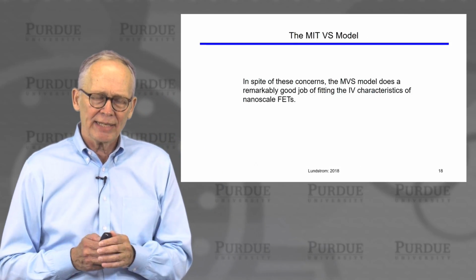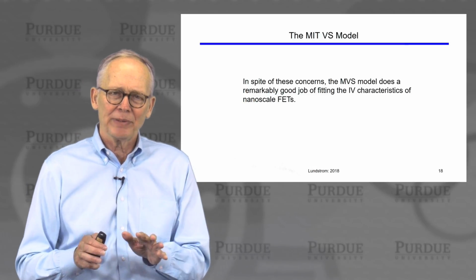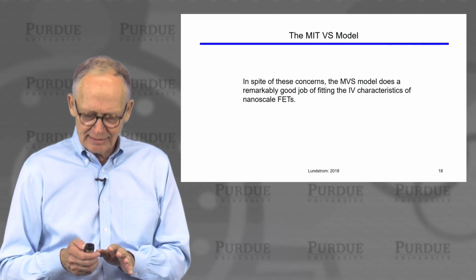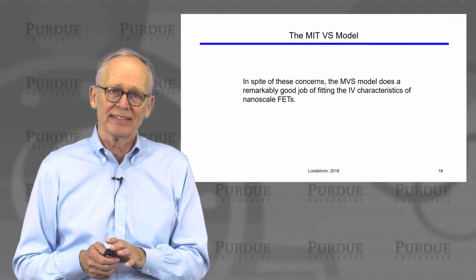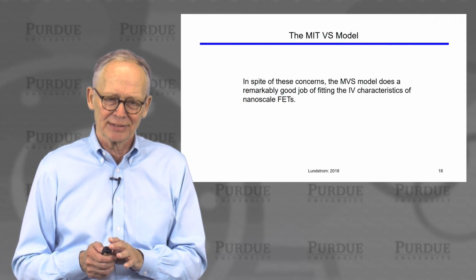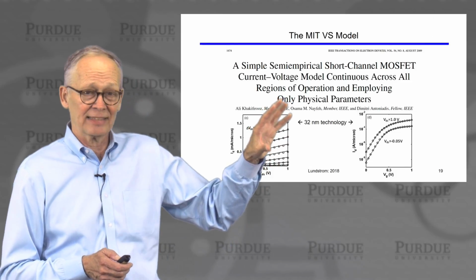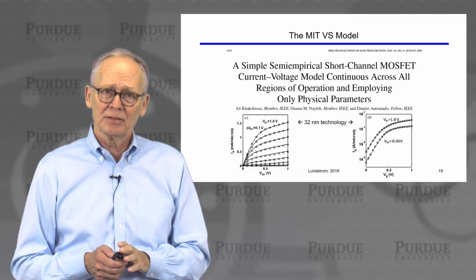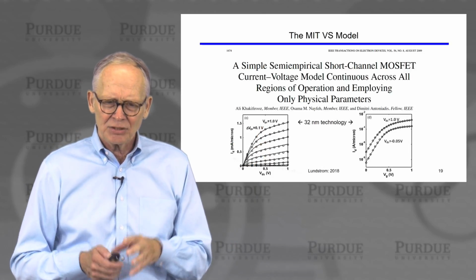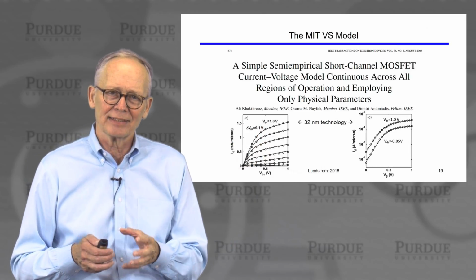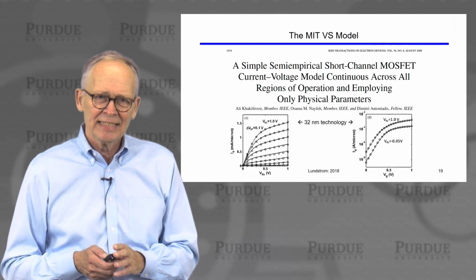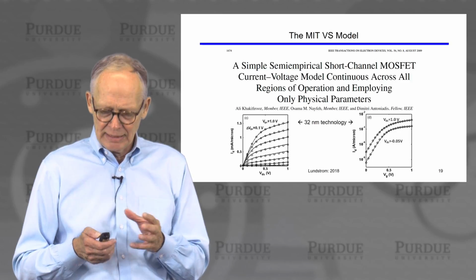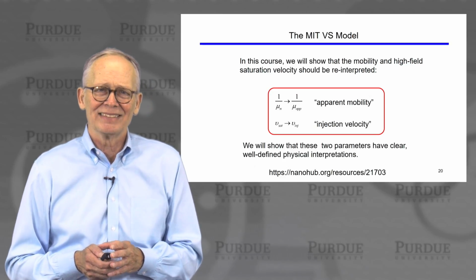Okay, but I just want to point out that this particular model, in spite of these concerns about the physics upon which it is based, does a remarkably good job of fitting the IV characteristics of modern transistors. This is an example that I showed you earlier of the kinds of fits that you can easily get to very short channel transistors. So there's something in this model that is right, that is capturing some essential physics, and we have to understand what that is, how the model can perform so well, even though it's based on this